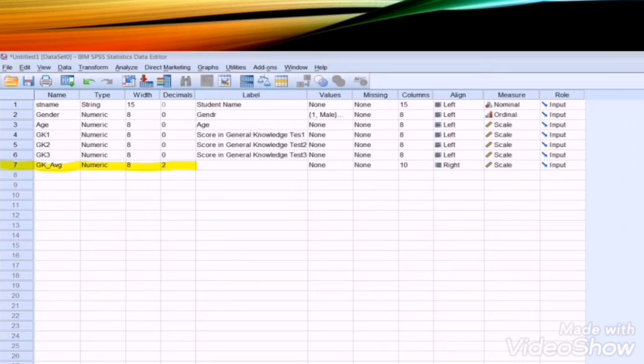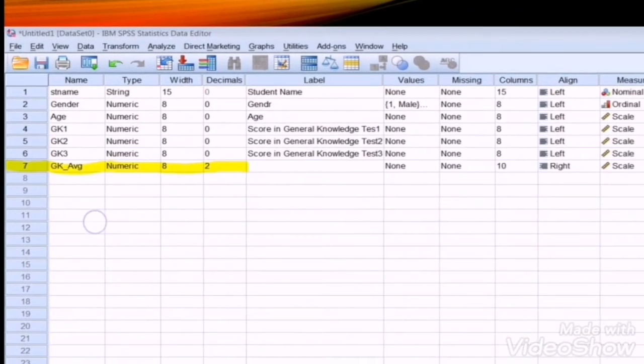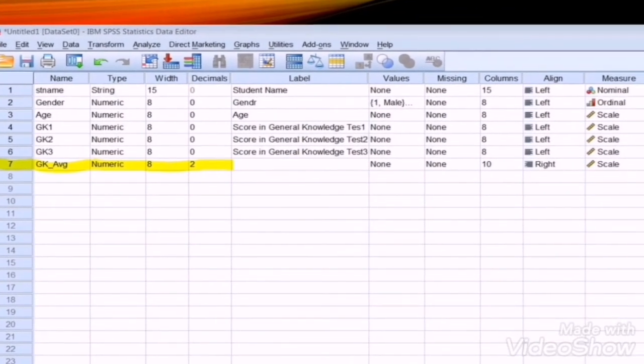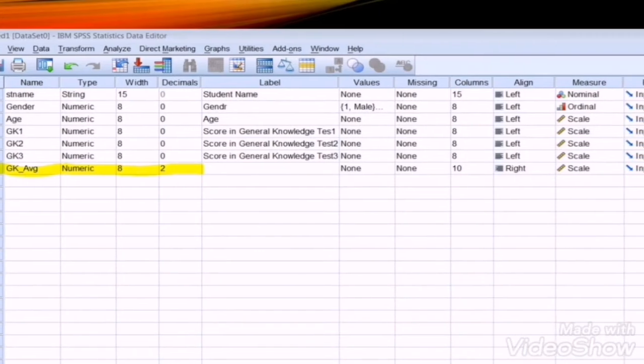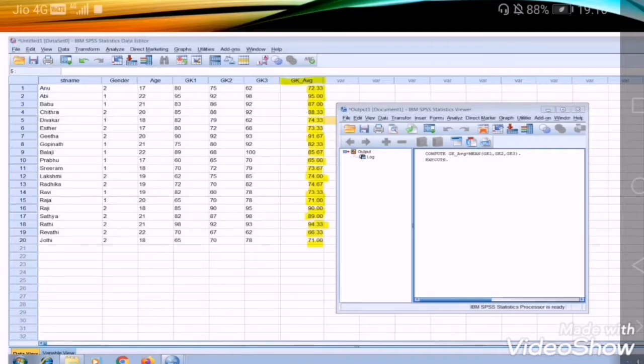Let us see how this variable appears in the variable view and data view. In the variable view it is appearing as the 7th variable, GK_average, which we have created. In the label we can type the detailed description of this variable, say average of general knowledge scores.